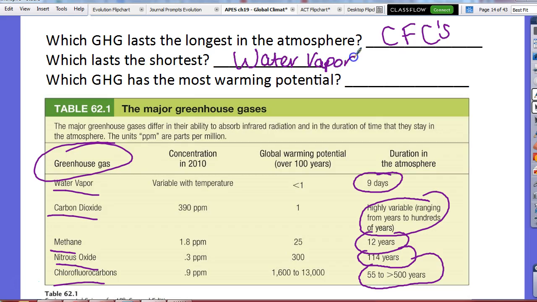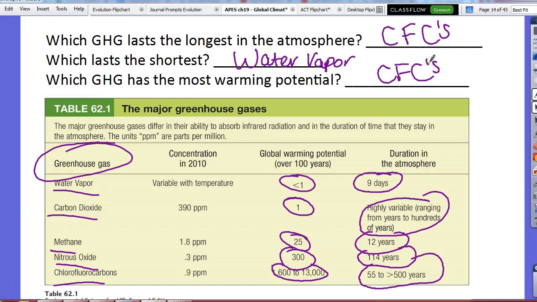And then we're going to talk about something called warming potential. So which one is able to warm the most? Okay, and so we see water vapor is less than 1. Carbon dioxide's a 1. Okay, methane's at 25. So even though methane is not as common as carbon dioxide, it has 25 times the warming power as CO2. Nitrous oxide, 300, and then CFCs, 1,600 to 13,000. So the most warming potential,